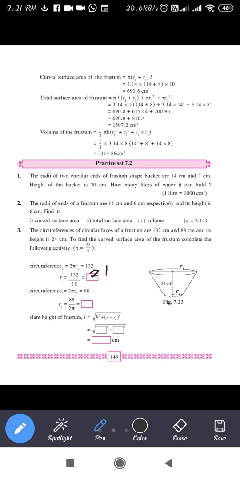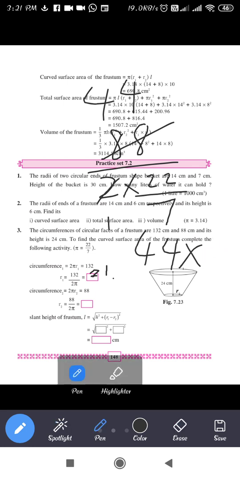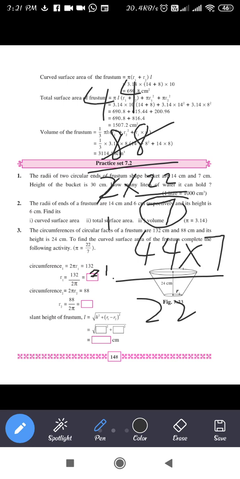Okay, got the calculation. Next, circumference 2. So that is this portion. You have to find the circumference of this portion. So that is 2 pi r2 and that is given as 88. So you will shift 2 pi to the right side. So it will become 88 upon 2 pi. Now you will solve 88 upon 2 pi. So that is 88 upon 2 into 22 upon 7. Now 2 1s are 2, 2 4s are 8, 2 4s are 8. Now it will become 44 into 7 upon 22, right? Since 7 is here in the numerator.